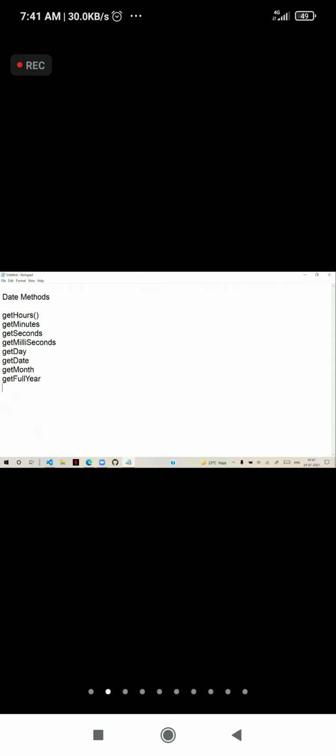Not only get, you can set hours, set minutes, set seconds, and set milliseconds also, but it will change whenever you change milliseconds. And we have setDate, and we have setMonth.